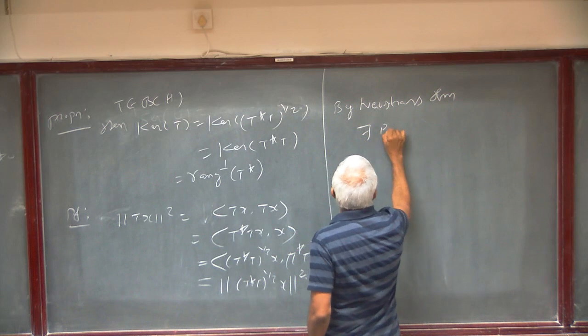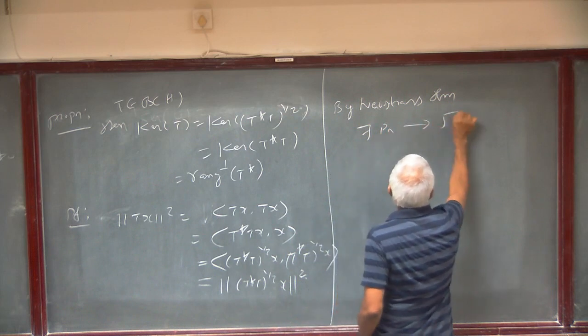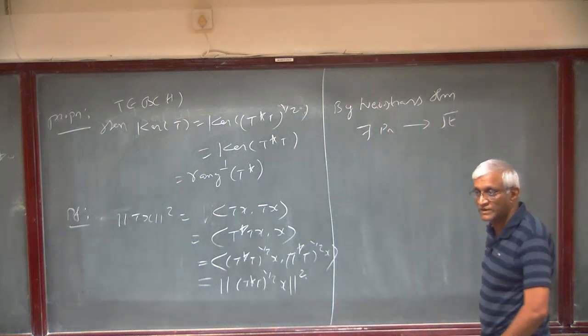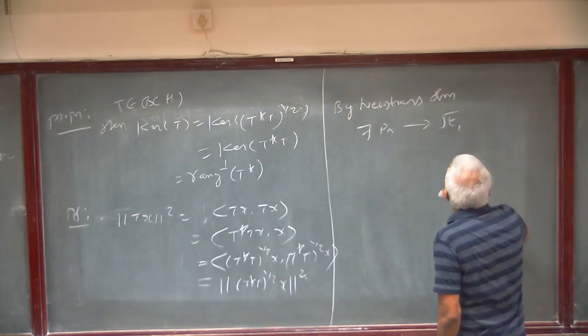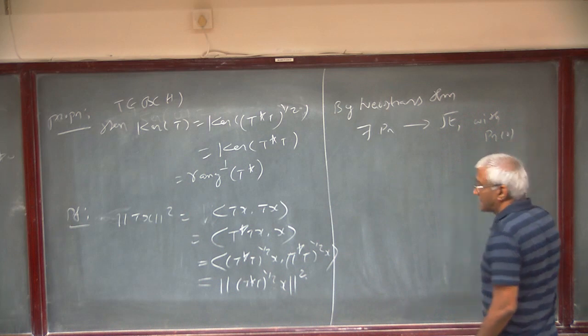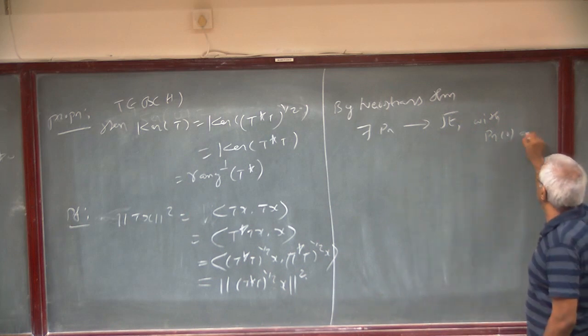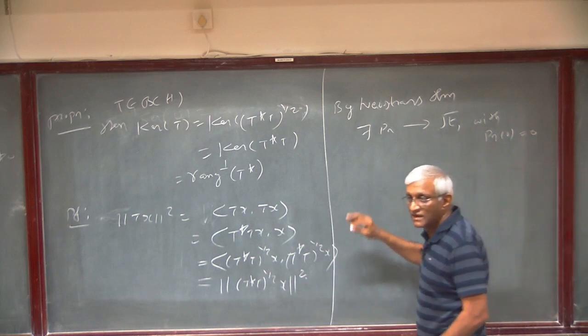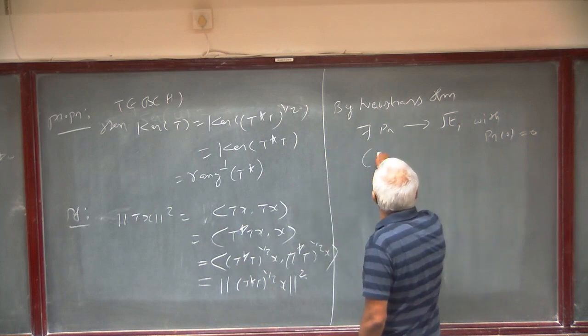There exists a polynomial Pn which converges to root t. With Pn there are no constant terms, so Pn of 0 equals 0. If you don't like it, if there exists Pn which converges to root t, then you just take